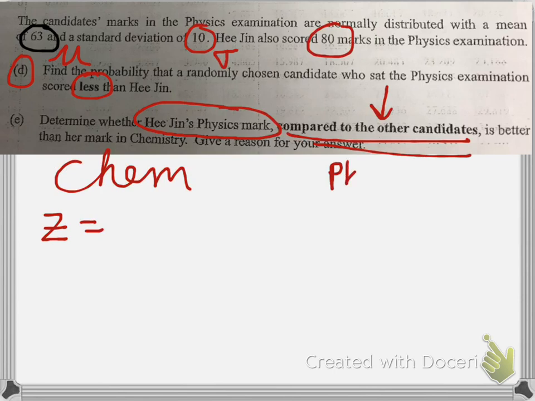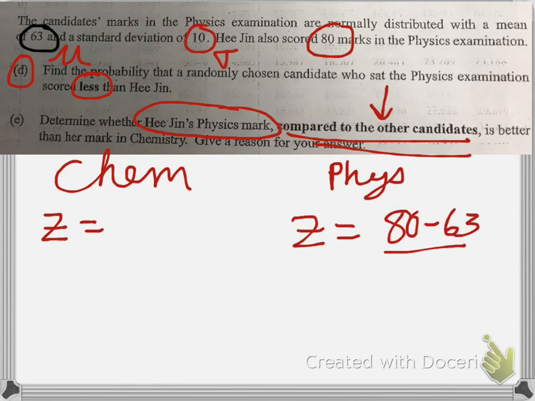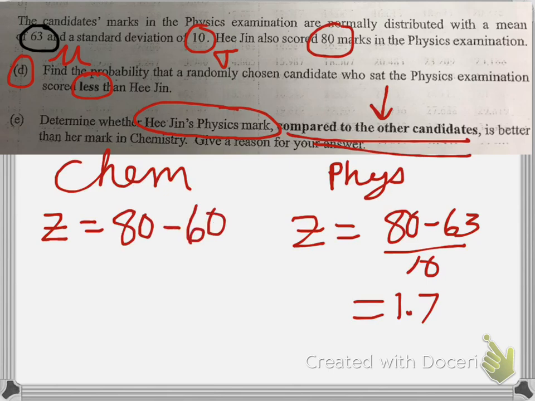So here's chemistry, here's physics. Now we've already found Hee-Jin's z-scores for both. So 80 minus 63 divided by 10. And that gave us a z-score of 1.7. Now when we did it with the chemistry test, the average for that was 60 and the standard deviation was 12. The z-score with that was